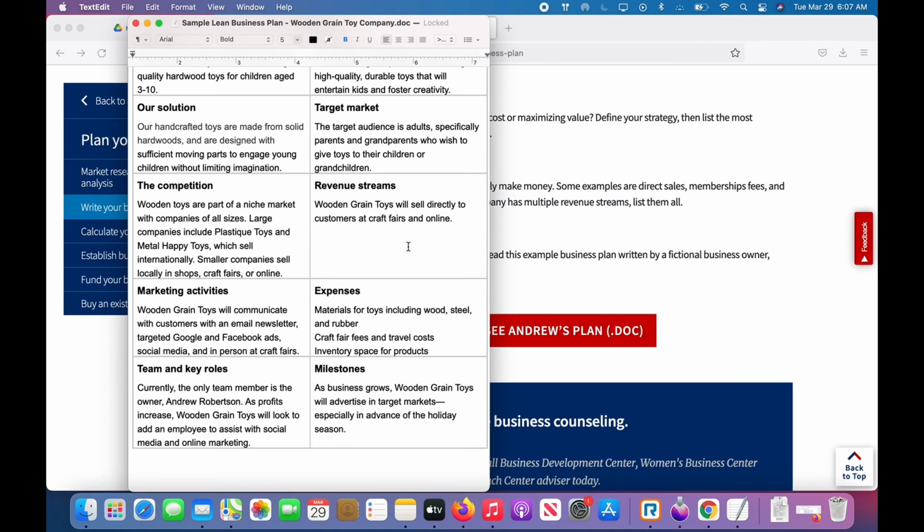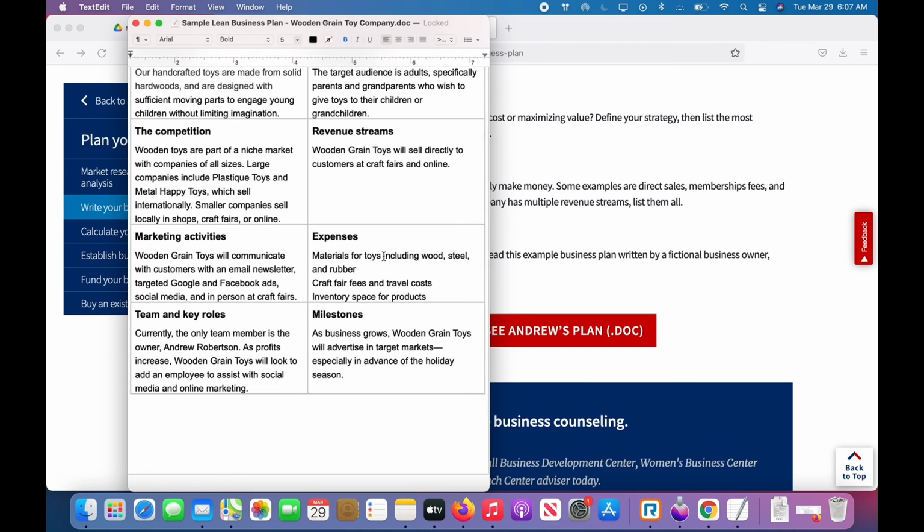So when it comes to the Slingshot business, your target audience is typically going to be tourists, and your revenue streams, you're going to be directly selling to people who want to rent the Slingshot. Your expenses, if you're financing the Slingshot, are going to be the actual finance coverage or note of the Slingshot, maintenance, gas, and insurance,